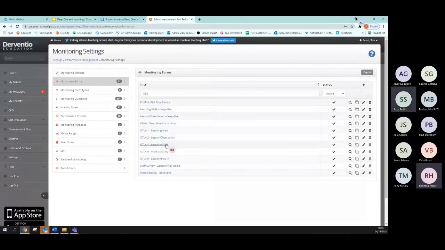So if you come away from this session, you think, yeah, that is something I want to start doing myself, you can start with perhaps reviewing the monitoring forms, and you might want to use them as is, or you might want to use them as a base, and then start creating your own, and get in touch with us and we can create those for you. Okay, so that's where they